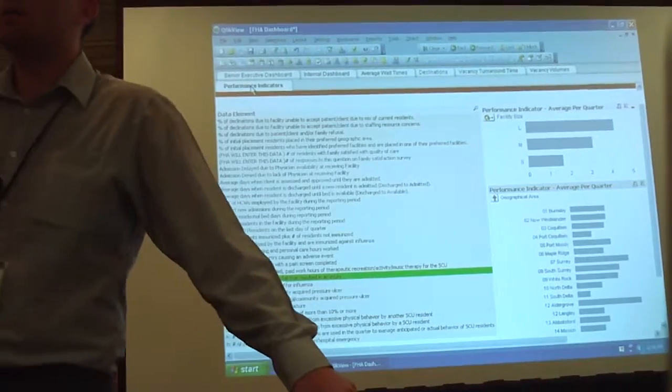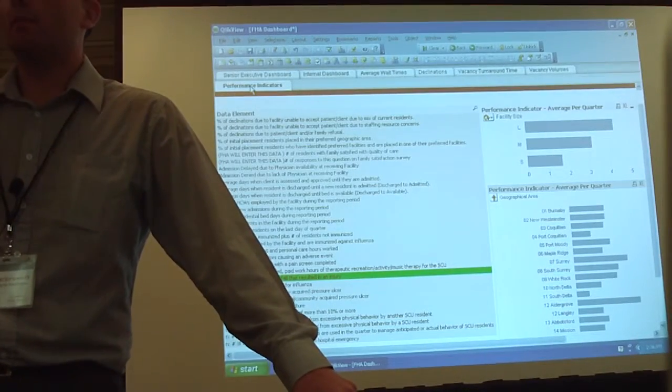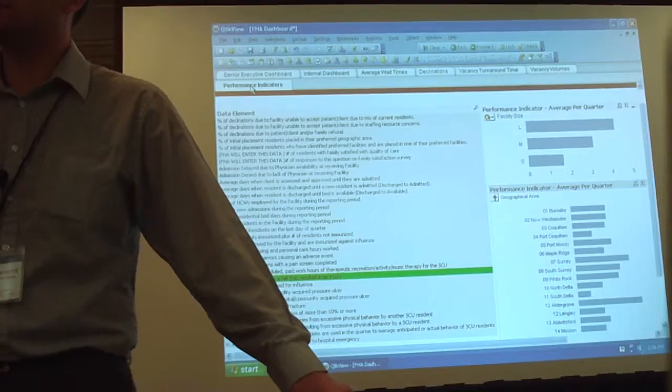But let's go there. It's the last piece I wanted to show. That's where there's some integration. So what you're seeing there is RAI data being collected and being uploaded into the dashboard. Okay, so there's a separate